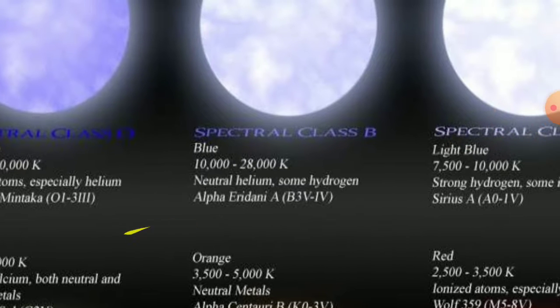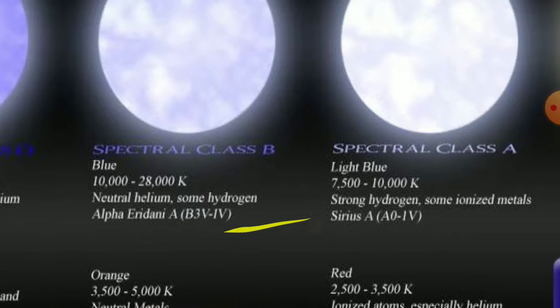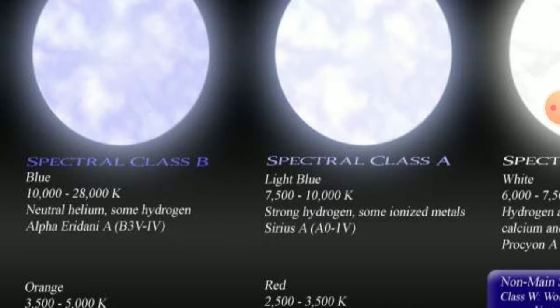So next, blue star spectral class is B. The surface temperature is found to be 10,000 to 28,000 Kelvin, which has neutral helium and some hydrogen. Example, Harpa Heridrine. Next, class A, which is almost white in color because of the surface temperature range